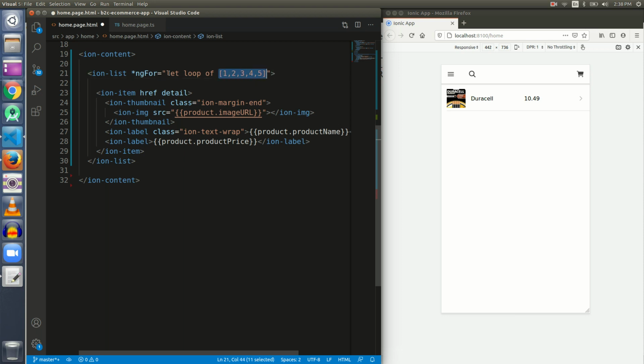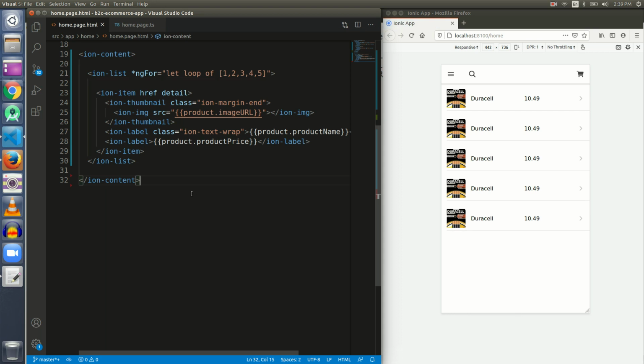This is an array, and what this syntax is going to do is this loop variable is going to get a value of 1 for the first time, and this iron item will be displayed for the first time. Second, the loop will be set to 2, and this iron item will show again. Later on, loop will iterate through this array, and the items will be shown till the loop variable reaches the end of this array. So let's save it and see the difference.